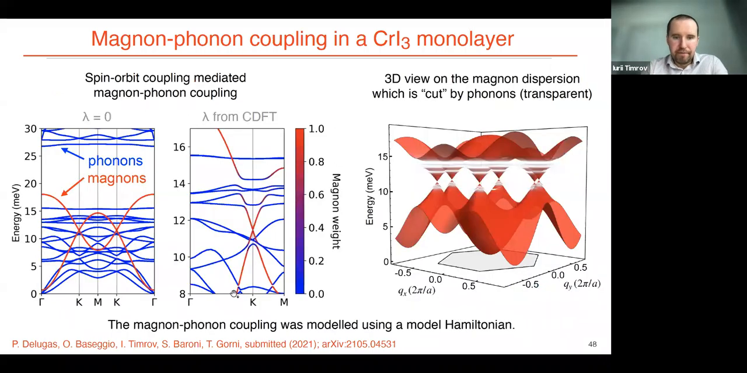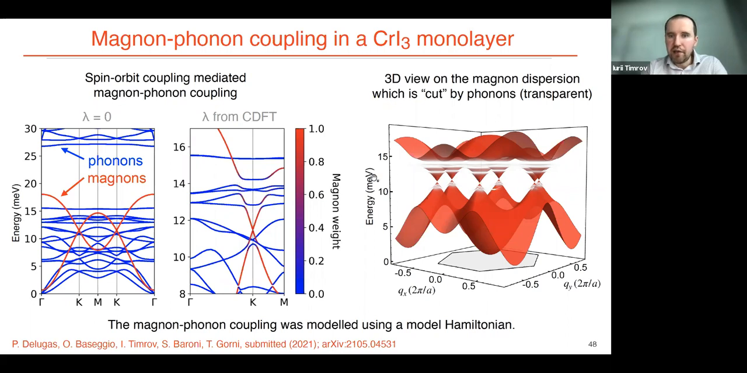By doing some detailed investigation and by developing a model Hamiltonian, we managed to show that actually there is interaction coupling between magnons and phonons. If you superimpose the phonon dispersion in blue and the magnon dispersion, which in this case is parametrized, and we apply this model Hamiltonian including the magnon-phonon coupling, we see that there are some splittings in the magnon